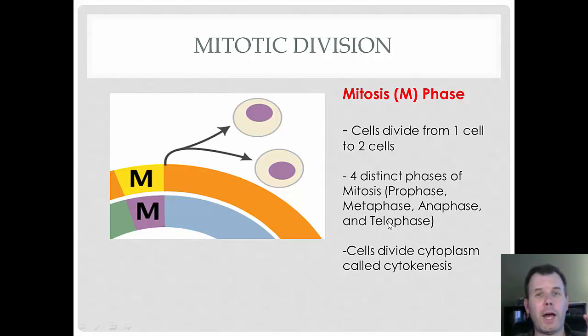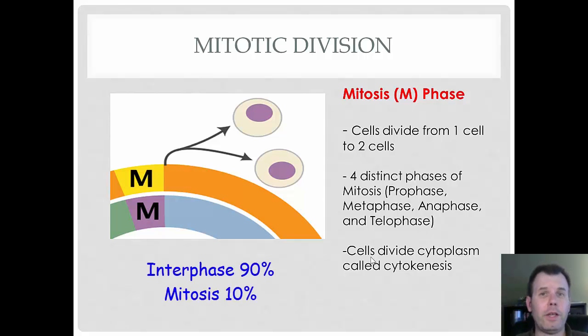We're going to spend some time looking at each one, what happens to the cell in each of these phases. But this is just a nice little introduction to tell you that there are 4 distinct phases of mitosis, and we go through these things. And finally, when you reach the end of mitosis, your cytoplasm divides, and you finally get 2 new cells. Okay? So that's the typical cell cycle.